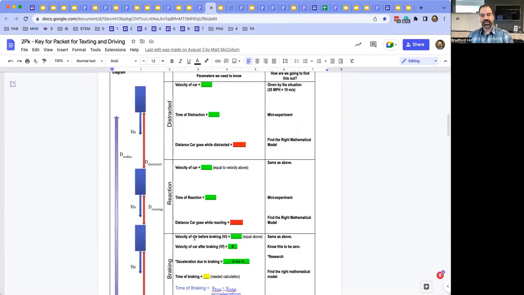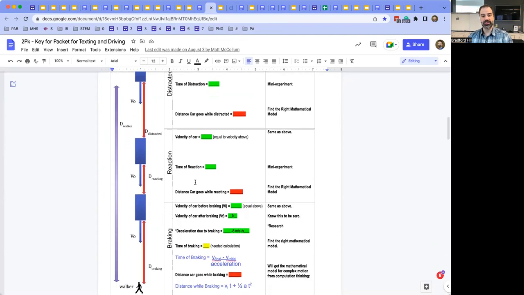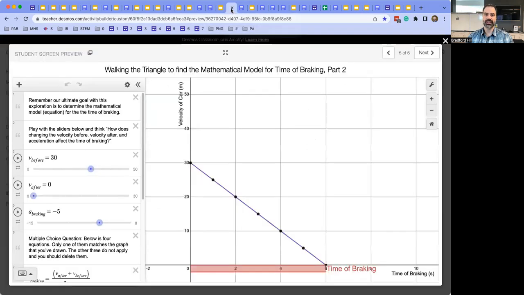All right, so then we would have the deceleration due to braking, and our system analysis guides us. What do we need to do next? Oh, we've got to figure out the time of braking. All right, so again, we're wrapping up the models, and we're going to even start using computational thinking to do that. There's a few different ways you can do it, but if you think about it, if you're going 20 miles an hour and you slow down by 5 each second, okay, 15, 10,